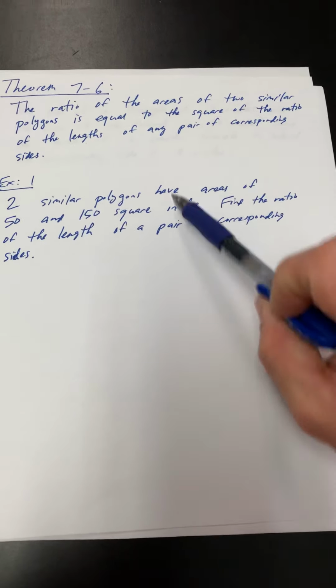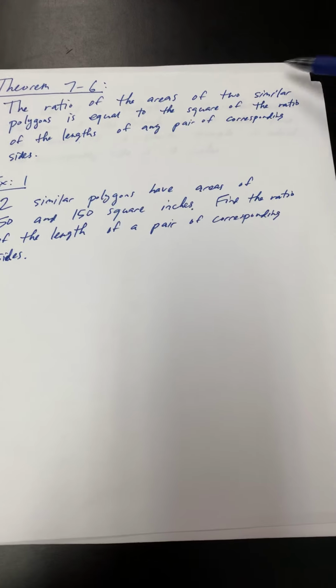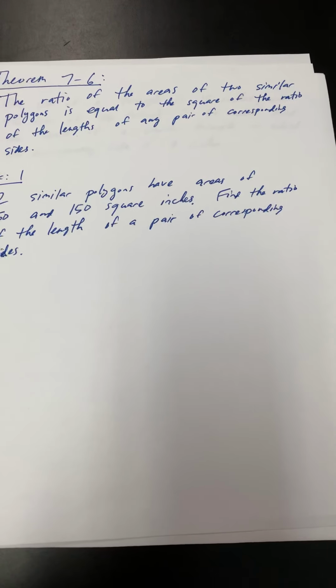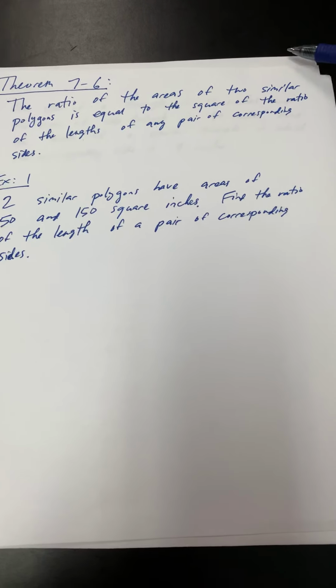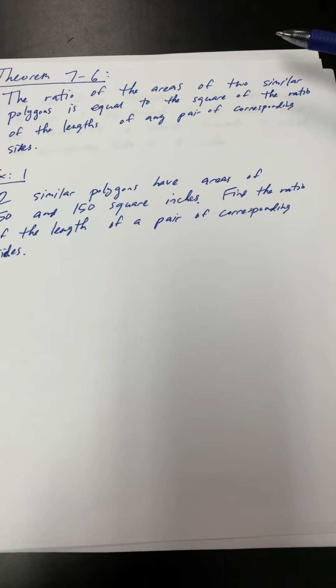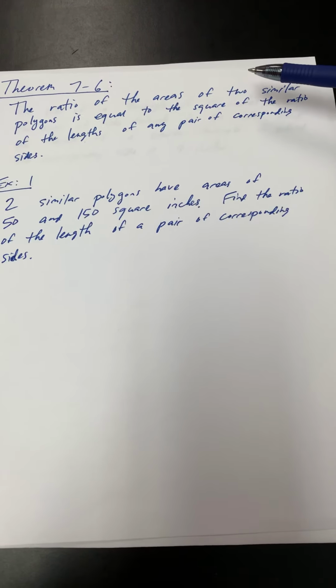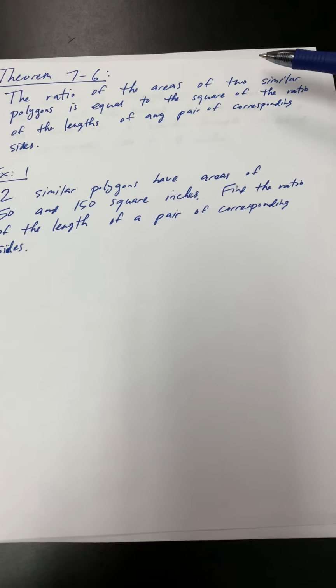So you need to really study. I'm not going to take the time, but you need to read over this theorem a few times and let it sink in what it's saying. The ratio of the areas of two similar polygons is equal to the square of the ratio of the lengths of any pair